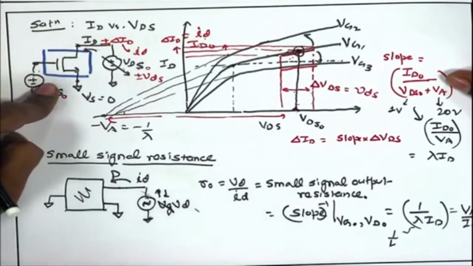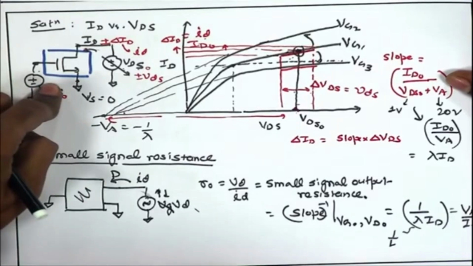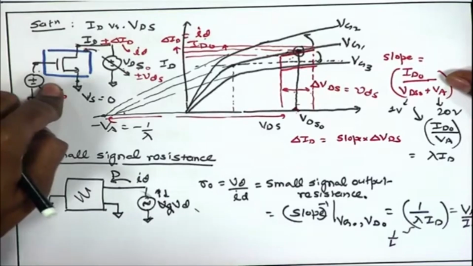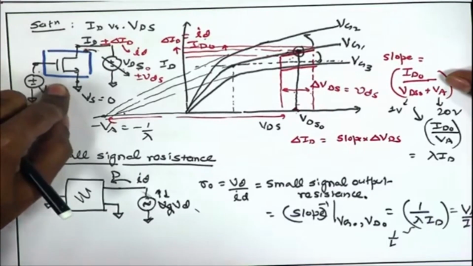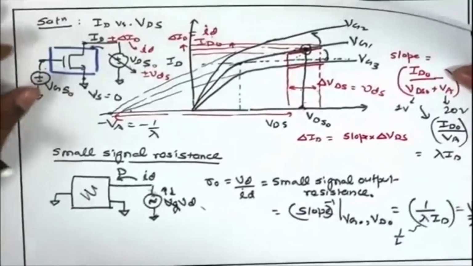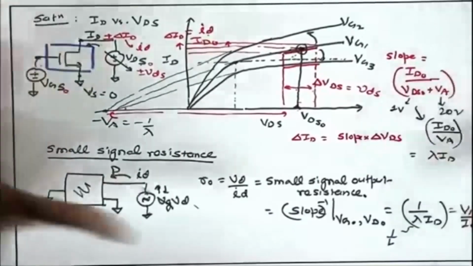They might be using lower technology nodes, they may be using 65 nanometer, even 22 nanometer, but often the channel length that is used in the design may be close to 1 micrometer. So, despite using scaled technologies in many of the designs, especially the analog front end components, which are not operating at such high frequencies, people may prefer to use very long channel length of these MOSFETs. So, this is one of the main reasons or one of the main differences between the analog and the digital